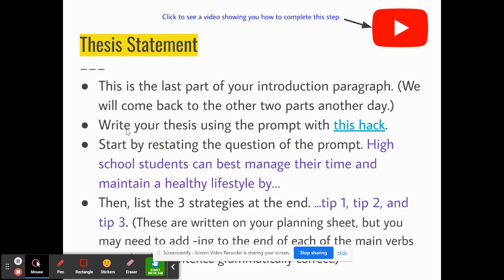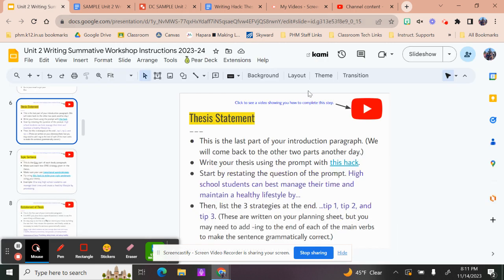We're going to write your thesis using the prompt with this cool hack, and you can actually use this hack then with any essay that you have a prompt for. So let's take a look at the notes sheet that you have on that hack. It will be in the tips, tricks, and tools section of your binder, or you can just click the link